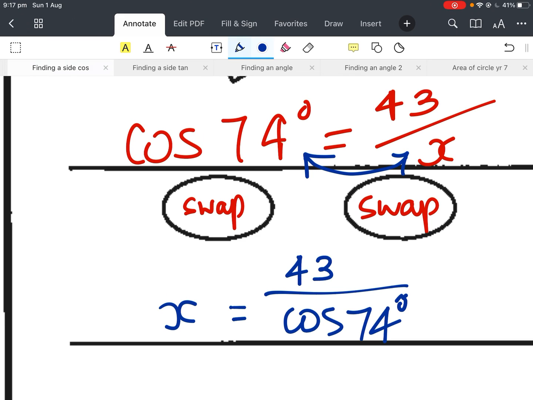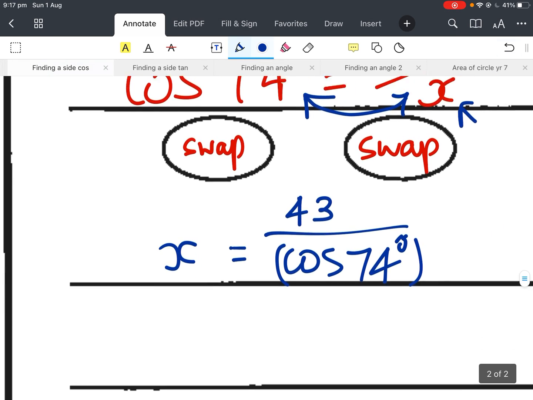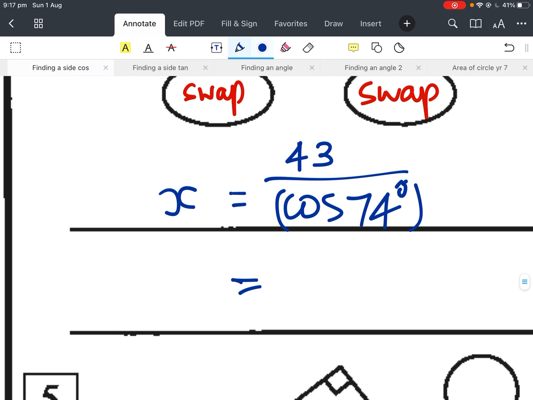Once you understand that the x value is in the denominator, the swap method gets the x on its own. Put that in my calculator. Press my fraction key if I've got a Casio. 43 divided by, or fraction key if you have a sharp, over cos 74. Don't forget, if you have a sharp, put the bottom in brackets, otherwise it'll give you the wrong answer. So once I do that, I get